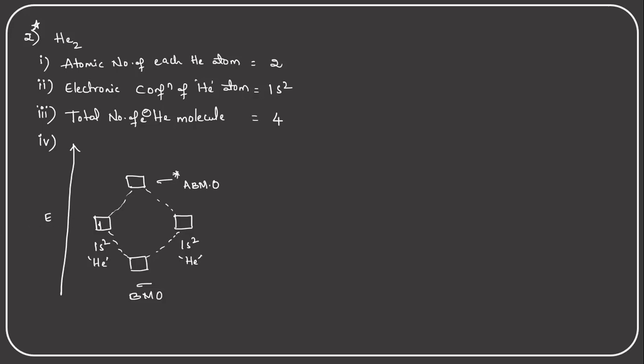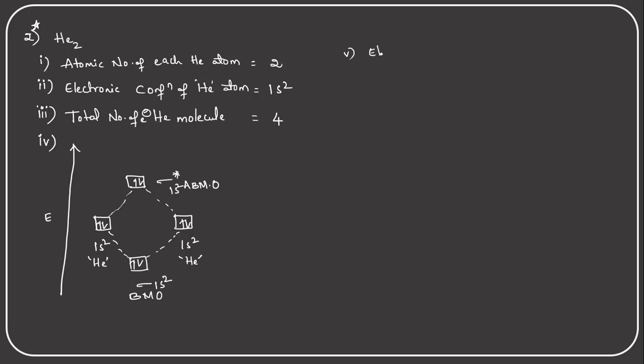So here two electrons are present and here two electrons are present, and these total how many electrons? 4 electrons. So when these two atomic orbitals combine, 4 electrons will revolve around the nuclei of the 2 helium atoms, right? So the bonding molecular orbital has 2 electrons, and the anti-bonding molecular orbital also has 2 electrons.